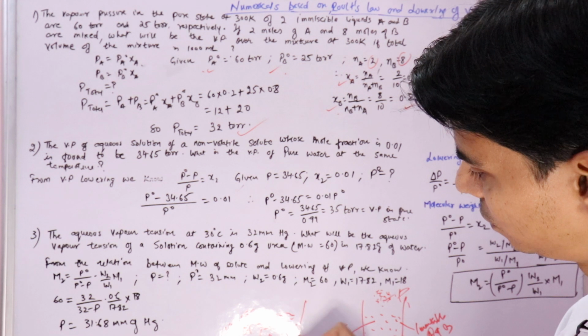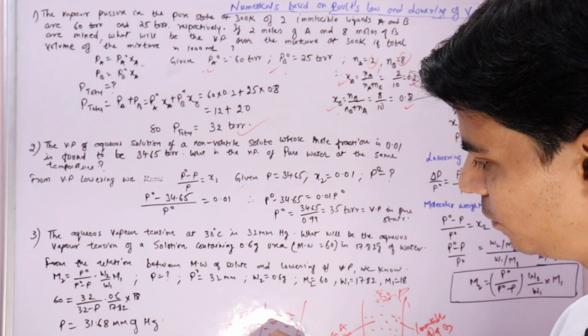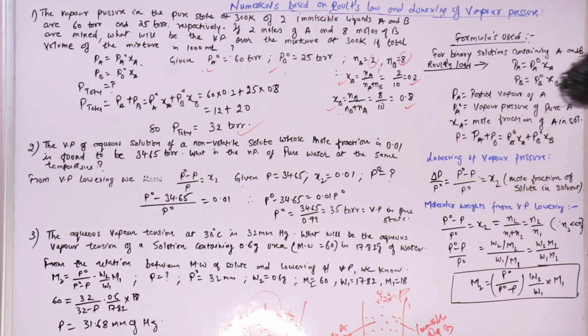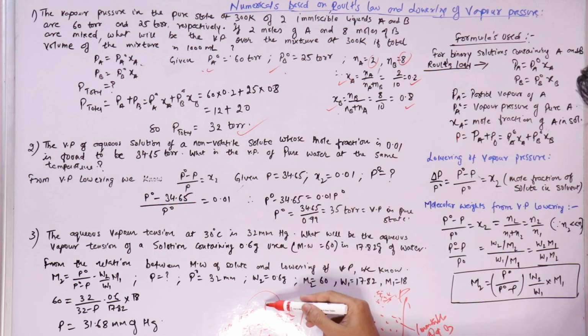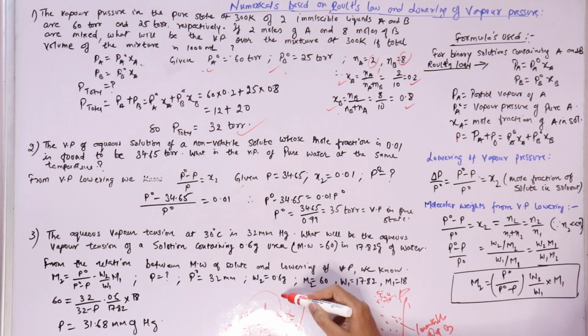In this solution, you formed a solution by adding this 0.01 mole fraction of solute in water. Now it's asking, in this numerical, the vapor pressure of the solution formed by adding this solute to water is given, right, vapor pressure above this is given, and mole fraction is given. It's asking you what is the vapor pressure of pure water without this